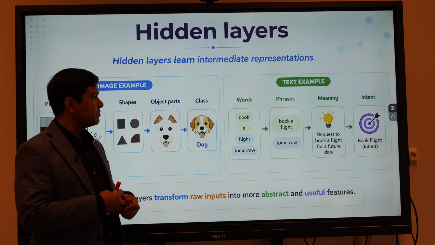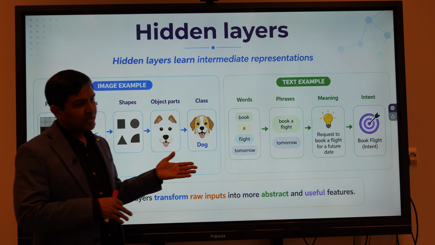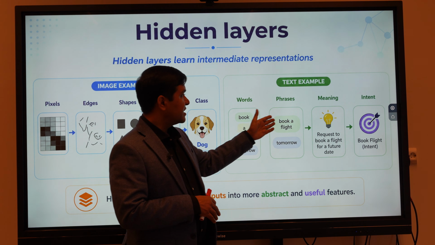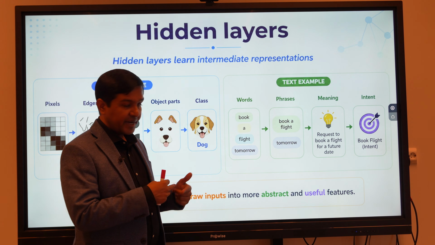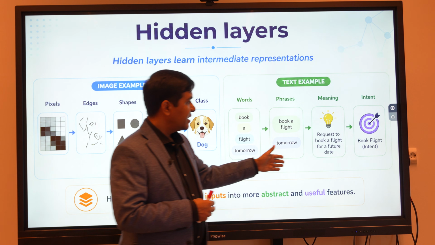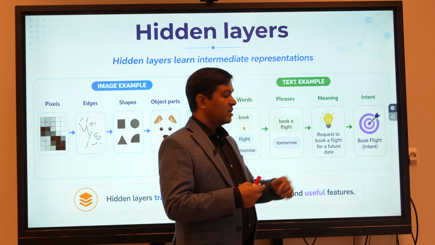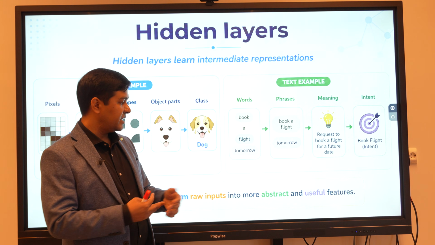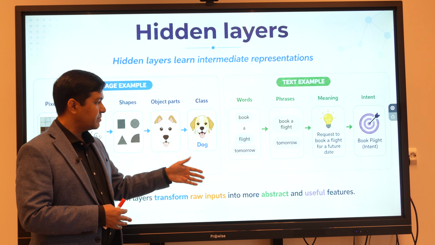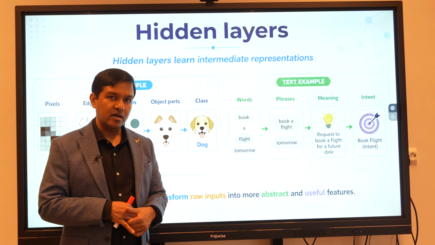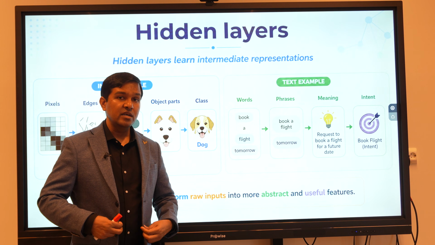Text data can also be handled this way: words, if you combine them, become a phrase, then if you combine those, they become the meaning of a sentence, and then together they become an intent. These representations are learned hiddenly in the deep neural network, and that's the importance of hidden layers.